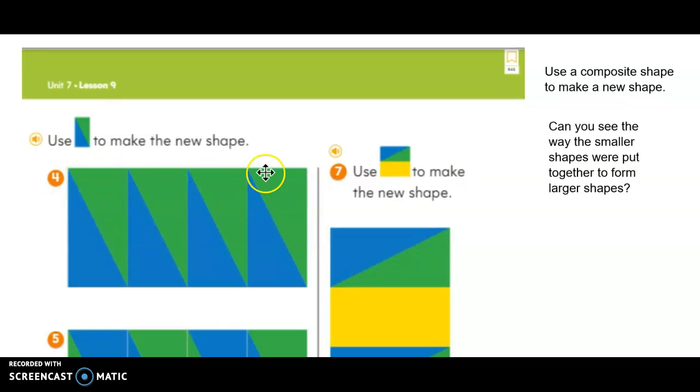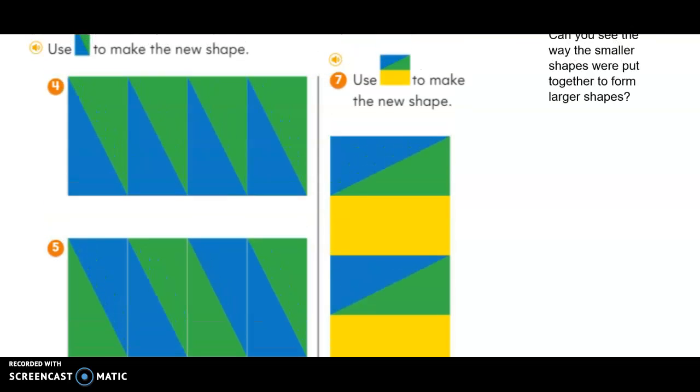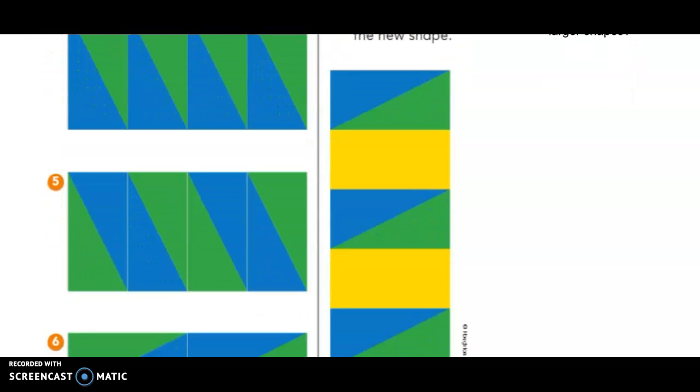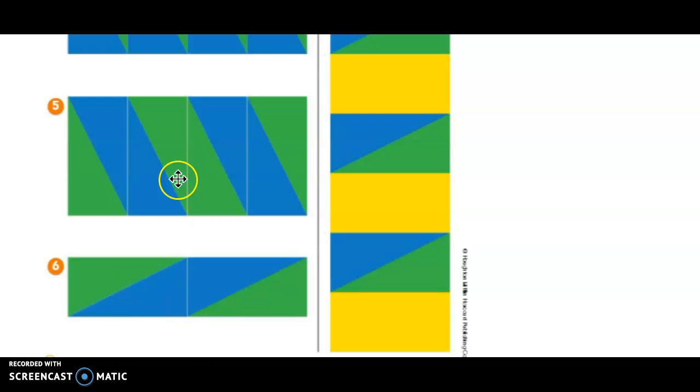Can you see the outside of this shape? What did we use this shape to make? Yep, the 2 triangles made a rectangle, and then 4 of those rectangles made a larger rectangle. You can also look and see that when you flip it different ways and use that composite shape in other ways, you can get